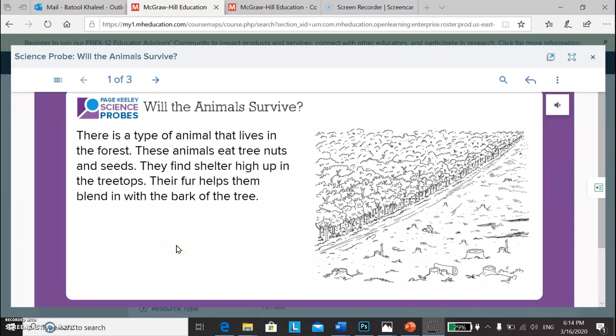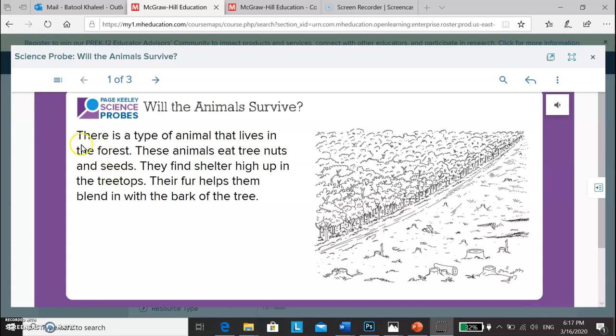As we are talking about survival of organisms, I want you to open your book, unit number 3. Open your book, page number 5, and read, please, with me. We will start our lesson launch. Look at this picture. Okay, what can you see here? I can see many trees. Okay, so it's a forest environment. And here, what can you see? Try to explain it. Try to observe this picture.